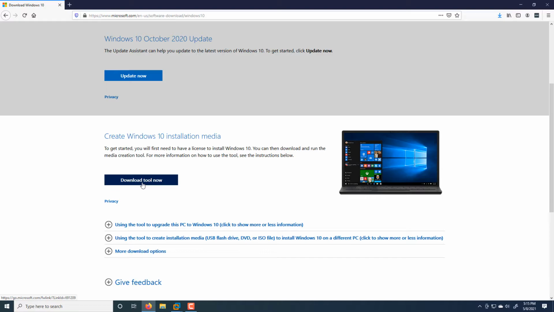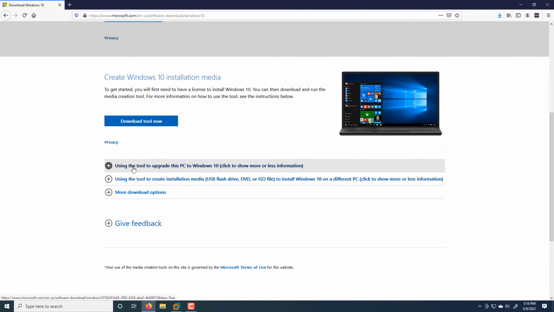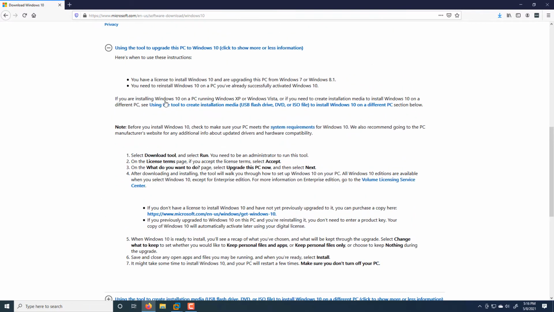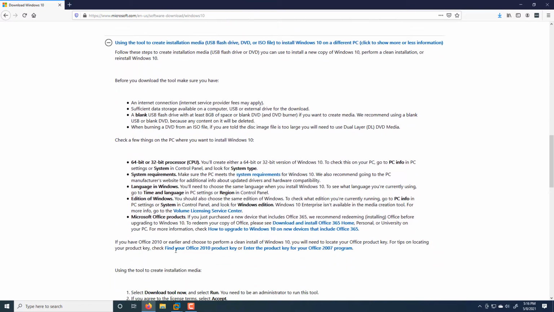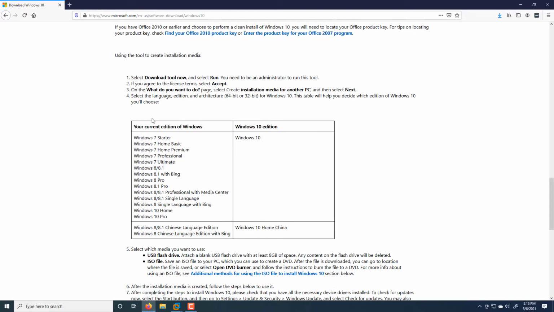Do you want to put it on a flash drive or a disk drive or a CD, whatever it may ask you? Just go through there, and there's some steps on here using this tool. Here's some basic information to read through using the tool. Some more documentation here. So you would have to have one of these